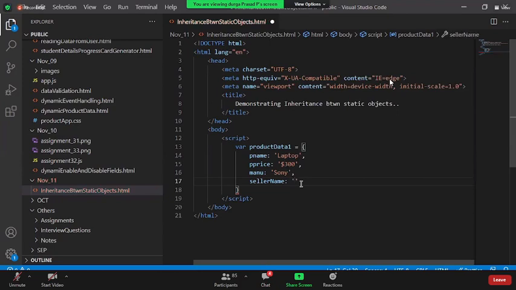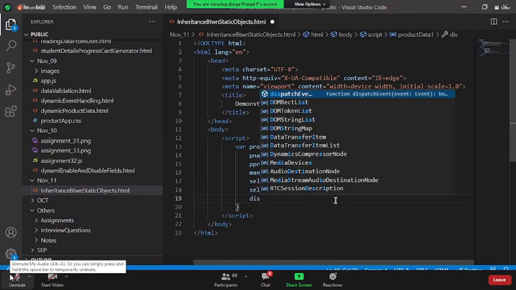Say some ABC Electronics Pvt Ltd. Okay, in the same way, seller rating. So what is the rating of this seller? We say 3/5. Yeah, so these are the details of a product which is having some name, price and all. So let me put some methods also.